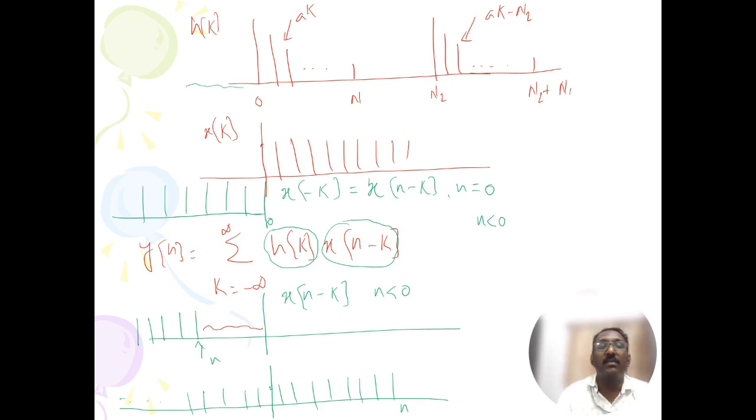H of k values are starting from 0, and X of n minus k values are available from minus infinity to n. So until n is less than 0, the output y of n will be equal to 0. Now at n equal to 0,